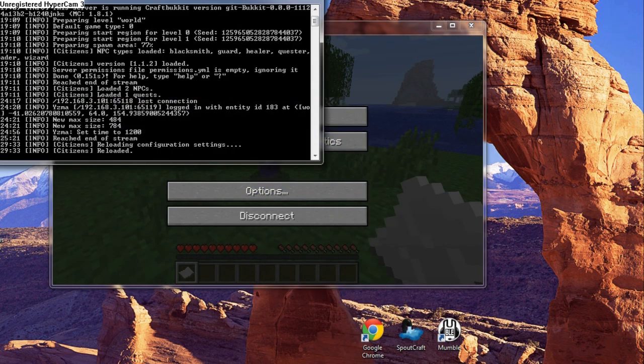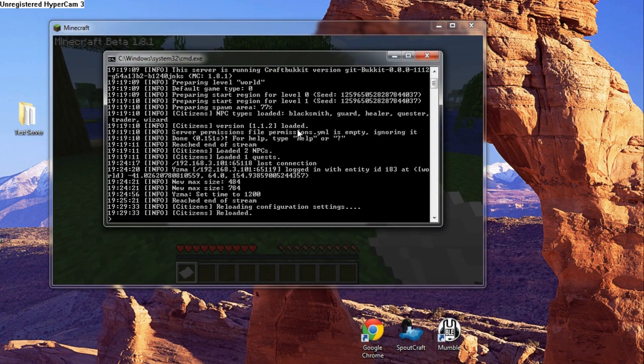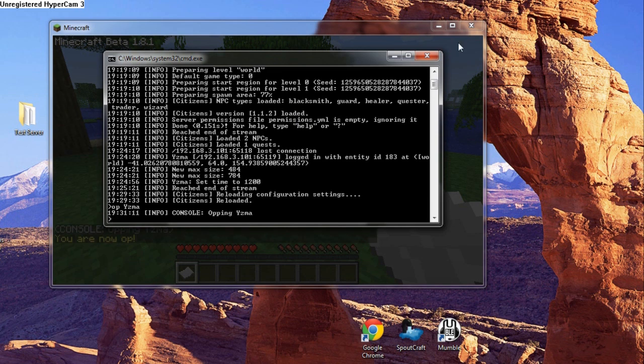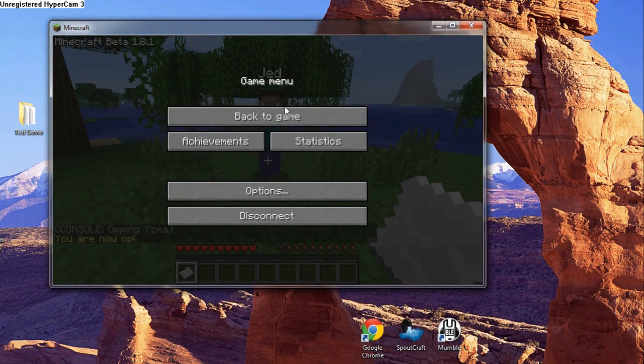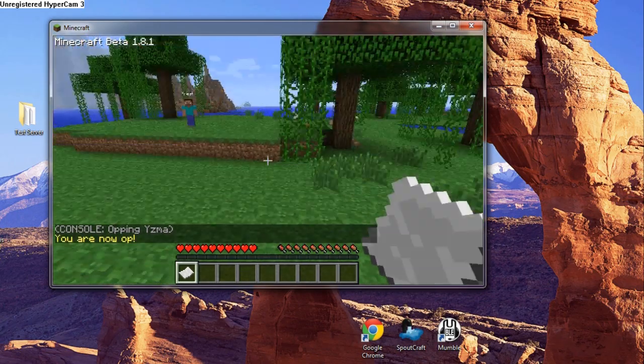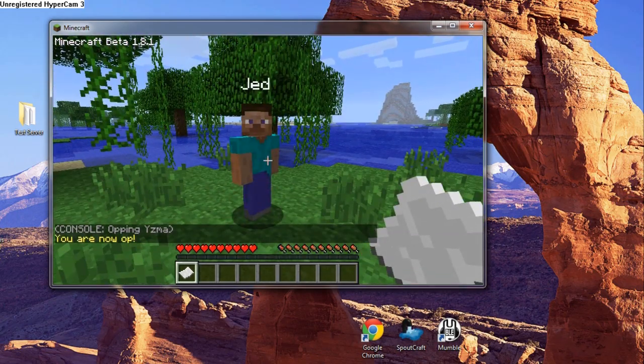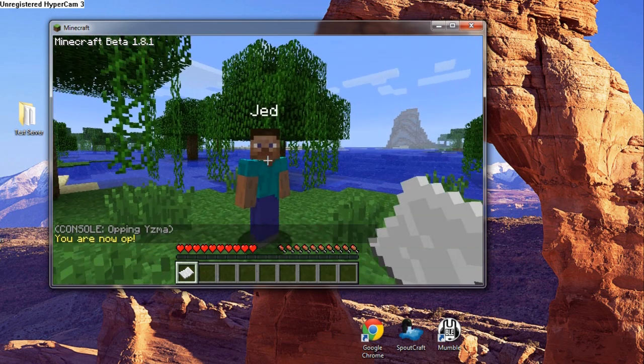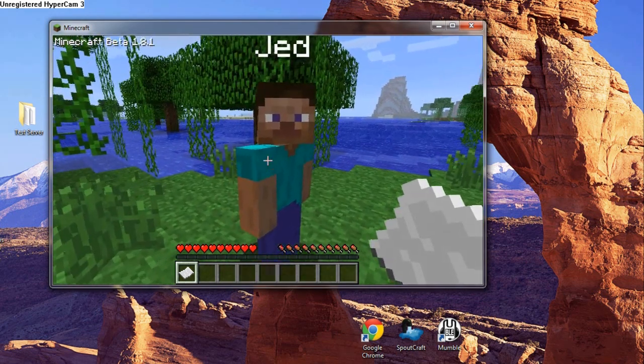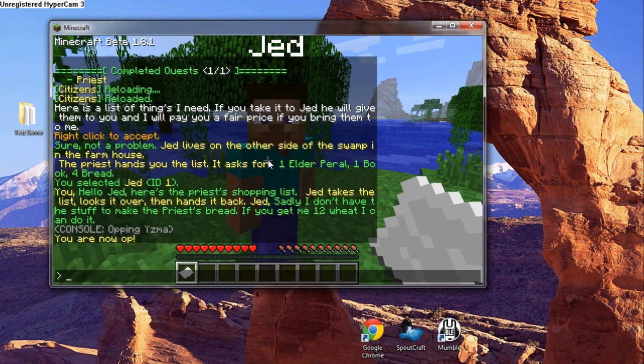All you have to do is go into the console here, and you type OP, and your name. Oh, no, not slash. Get rid of slash. OP, and your name. There you go. So now I'm an OP, which I already was because I was playing on the server a minute ago, because I didn't realize my mic was off when I was recording. But anyway, now I'm an OP.